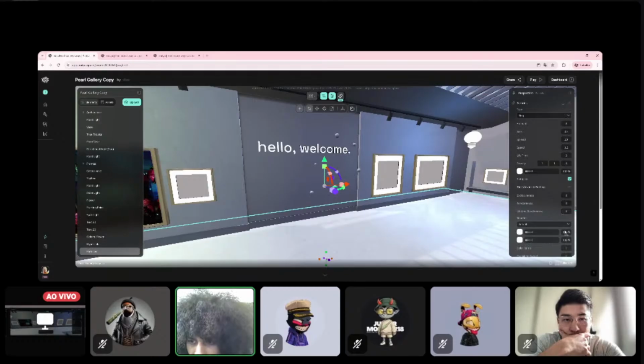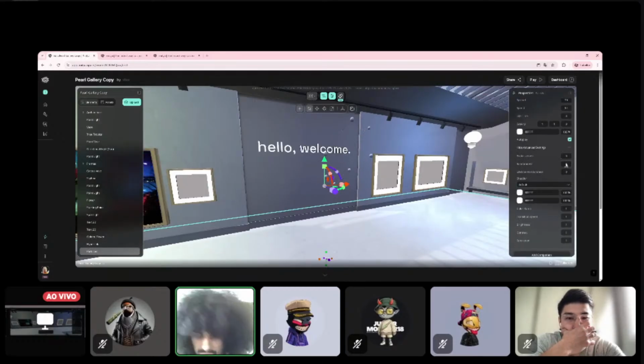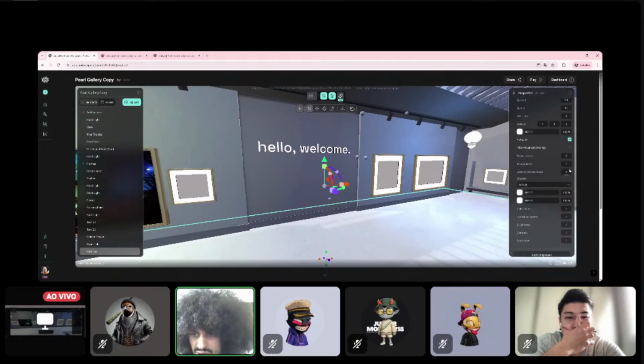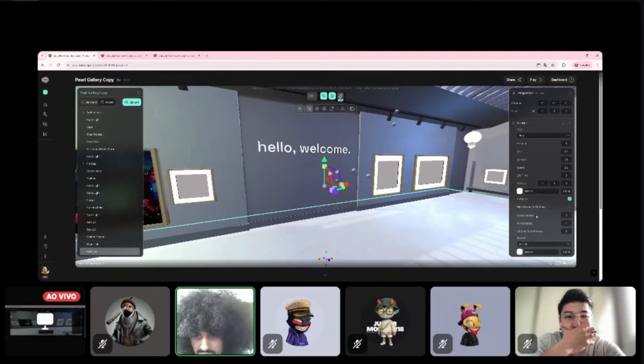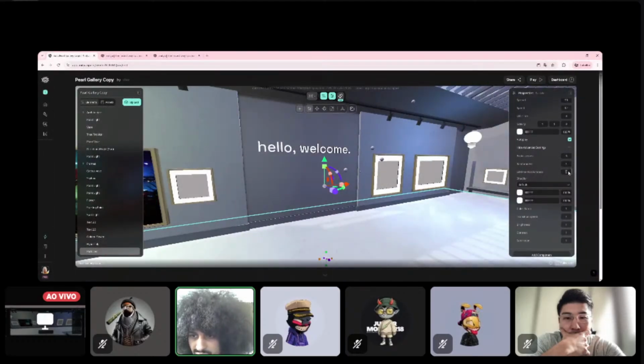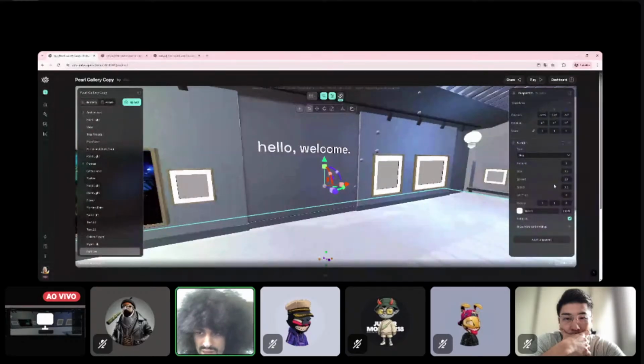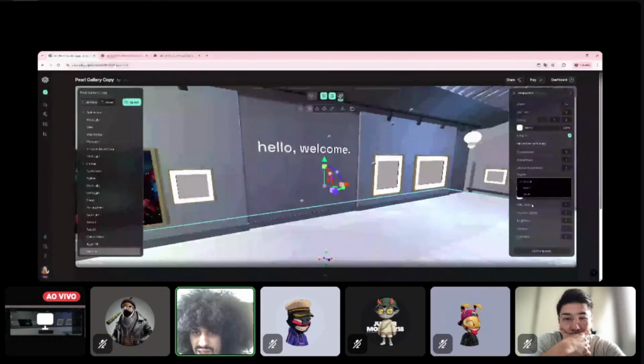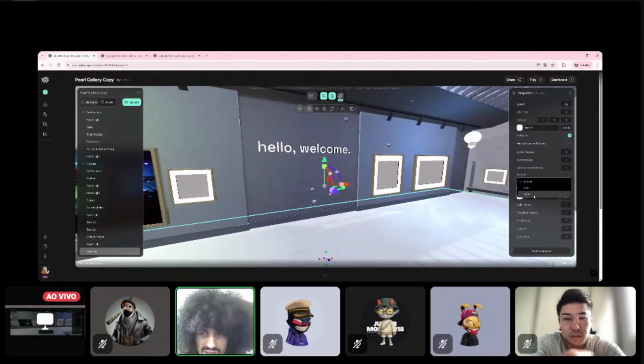And if you show the advanced settings, there are more things you can change. You can change the randomness, especially for the size. You can change the lifetime randomness, so some will fade away before and some will keep appearing. You can select from two of the shaders that we have.